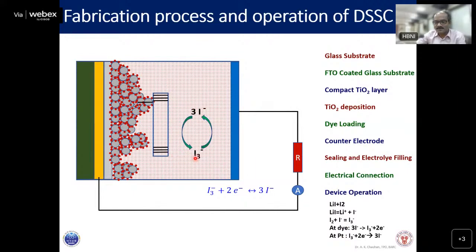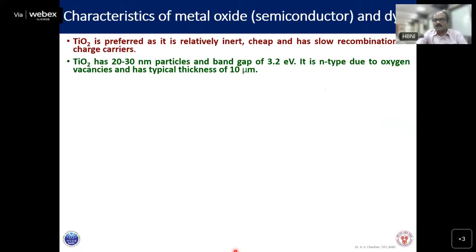Similarly, after collecting the electron, this becomes I3. Just see once again, so you will not forget it. So this was the working of